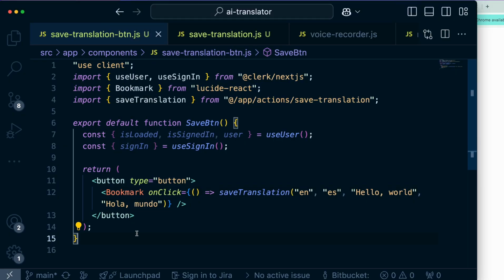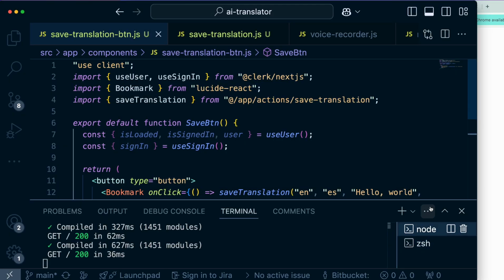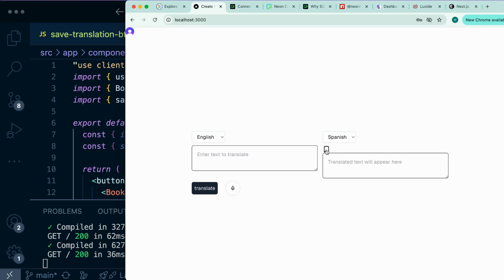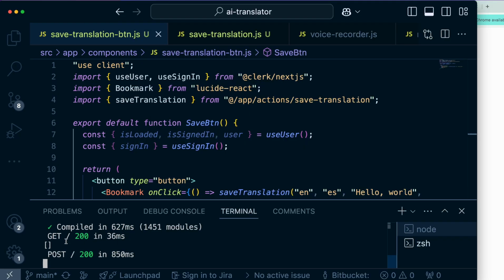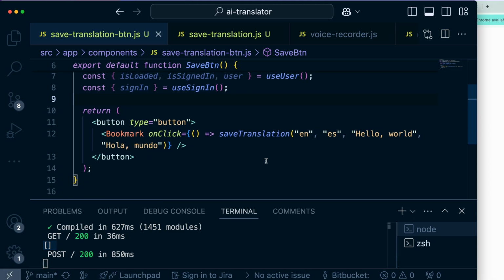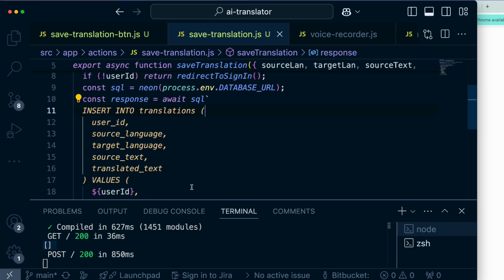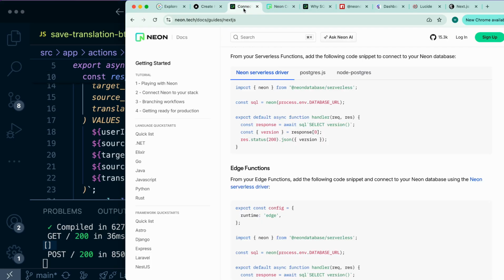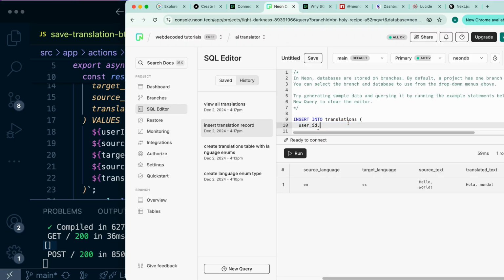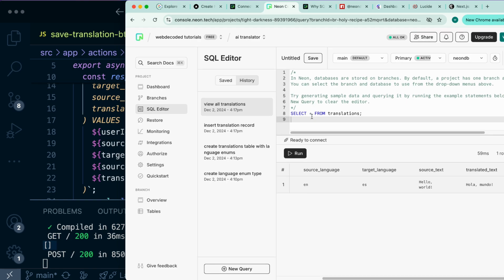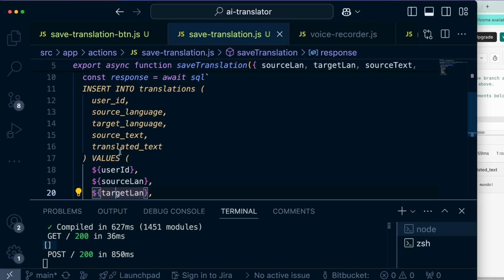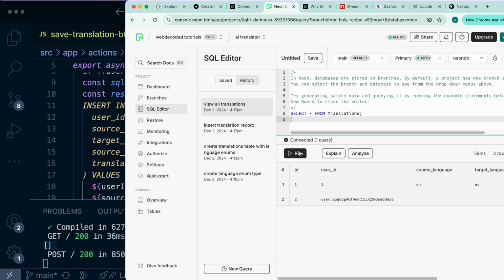let's see, and the console log we're gonna get on the server side. So let's see what that prints out. If I were to click here, it comes back as an empty array. I guess this was insert into, but we can go back to our Neon console, view all translations. Run this, and we're gonna see that the new row has been added, even though